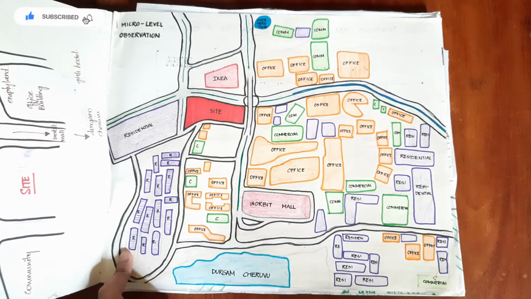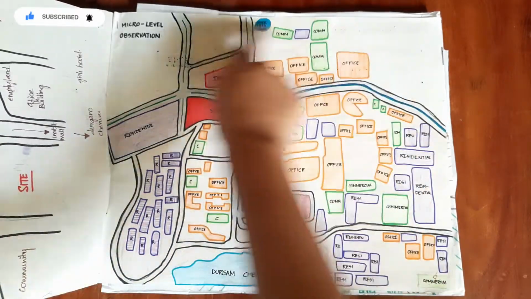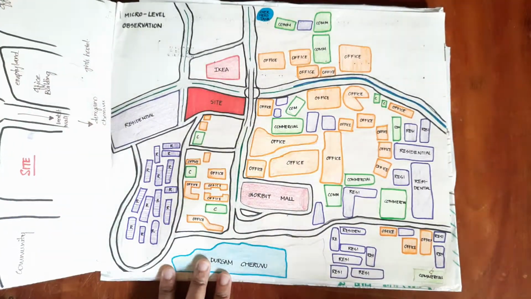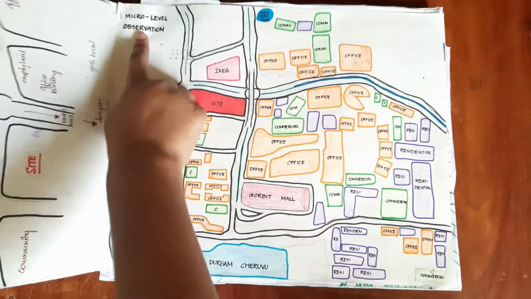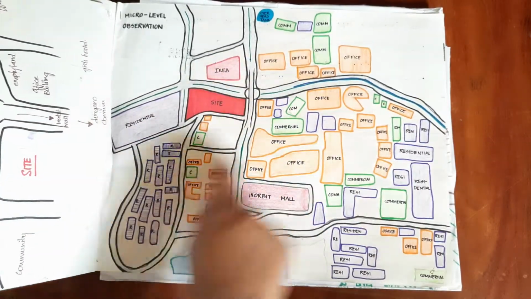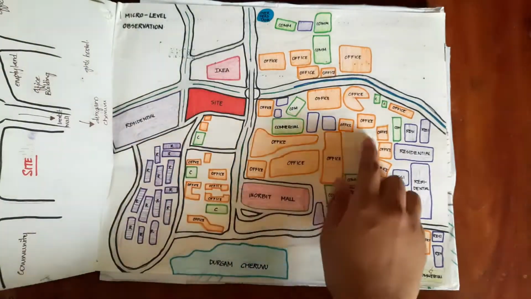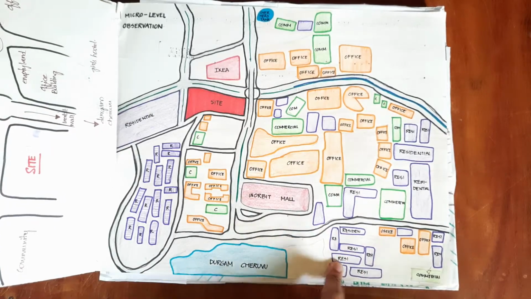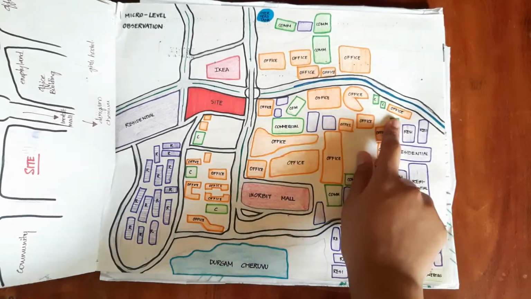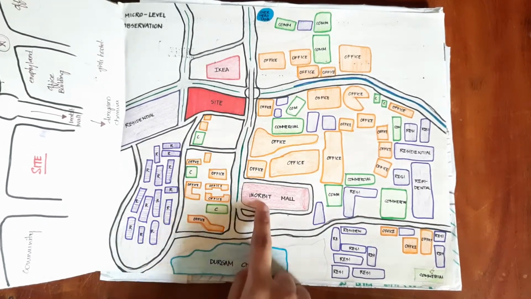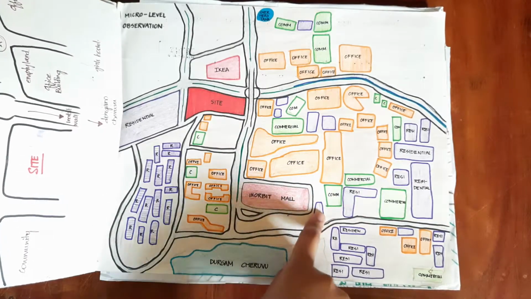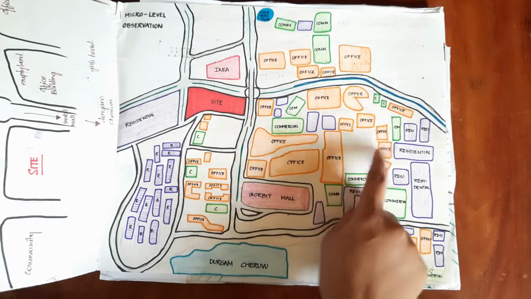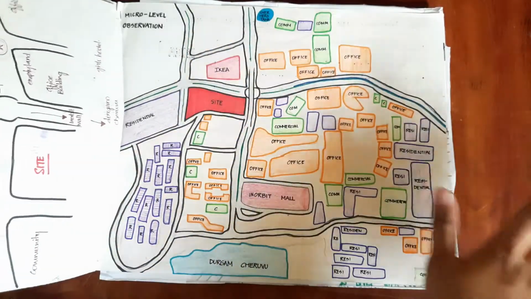So I observed the surrounding buildings around my site because I'm dealing with a mall and cultural center. The context should be healthy and people should come there frequently so that the mall gets benefited properly. So that's my micro level observation, and these are the things around: residential, office spaces and hotels, commercial spaces and lakes. Context analysis is very important, especially when you're dealing with commercial spaces and commercial projects. So yeah, it is important to consider context analysis in projects like malls, cultural centers and so on.